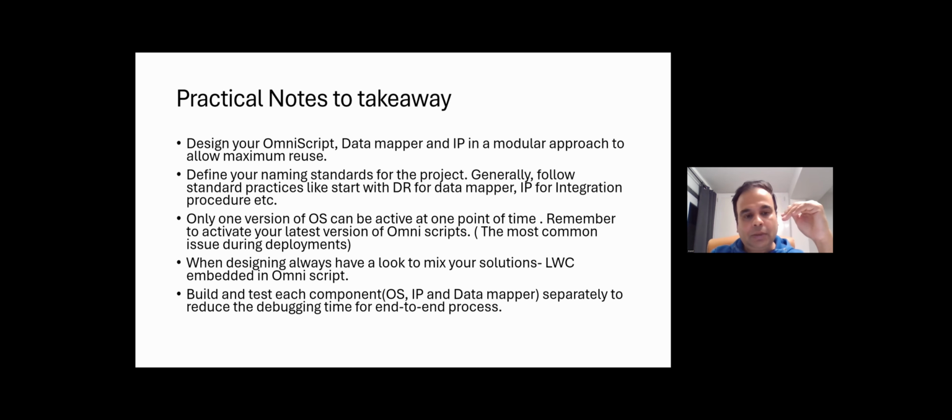And there can be only one active version at one point of time in your org for a specific OmniScript. What does that mean? The most recurring issue I have seen, at least on a higher org, is that your latest OmniScript version is not active. What happens sometimes when you're deploying is that you deploy an older version, but you have a later version where your